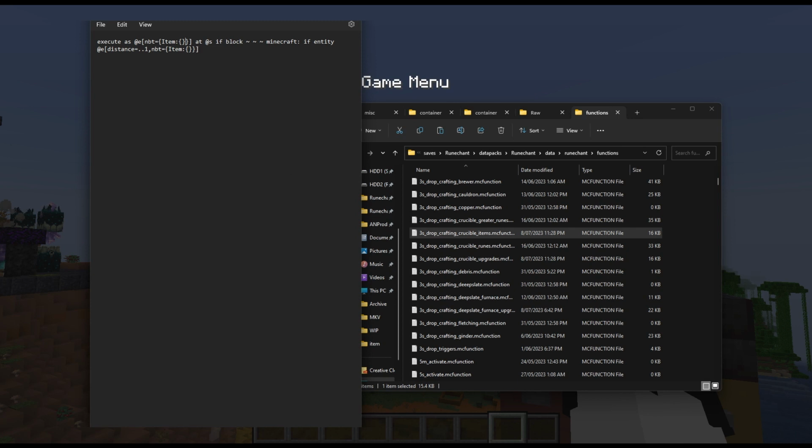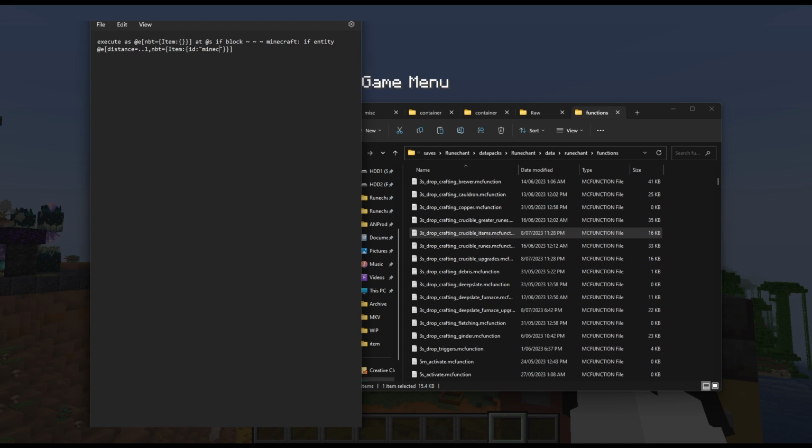So this is the basis of all my crafting mechanisms. Okay, so execute at the primary item, and then if there's blocks around them that match our prerequisites, then if there's another item or however many items, right, you can just duplicate this as much as you want, and all you have to do is fill in the item data for the actual item you're looking for. So in the case of all the custom stuff we've made, I can just look for custom model data on the base item. So for instance, we do ID,